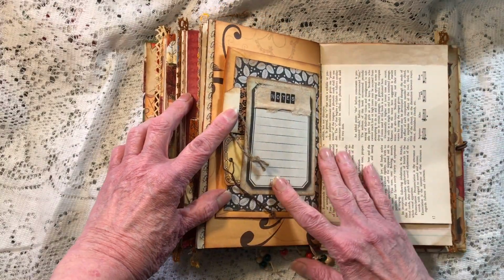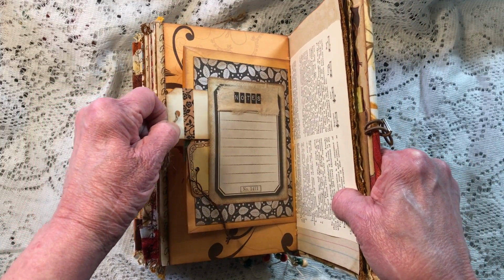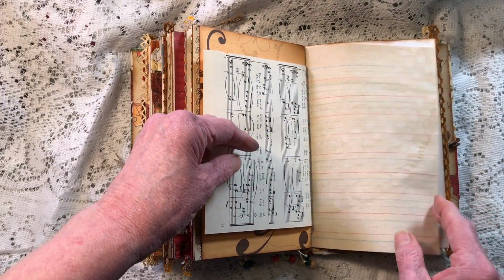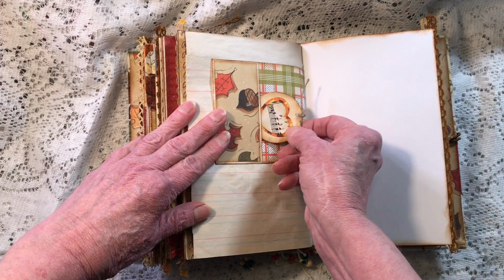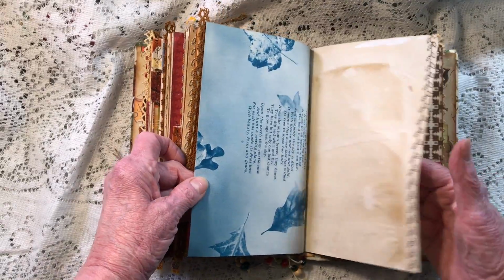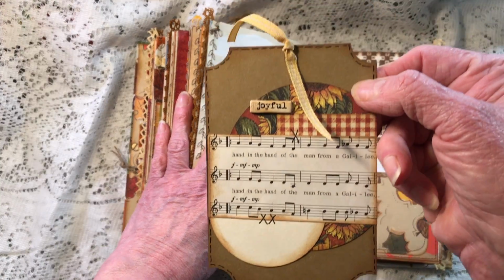And on this side, you have one that says notes. And it's on the back of black and white leaves. And then here on this side of this one, you have a side pocket. And music sheet, elementary paper. Here's another one of the pockets with the little heart tag. And we're getting close to the end. Poetry, coffee stain paper. Here's another pocket. Here's the card. Goes back in this little pocket, and here's another one of those tags we did on the